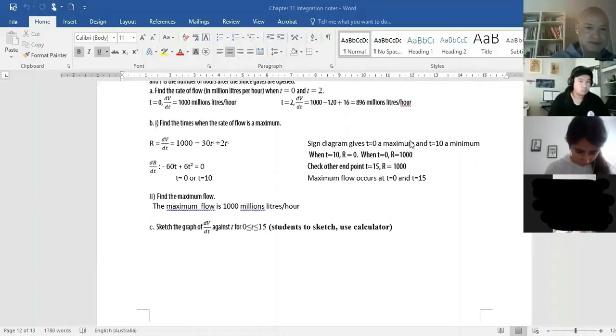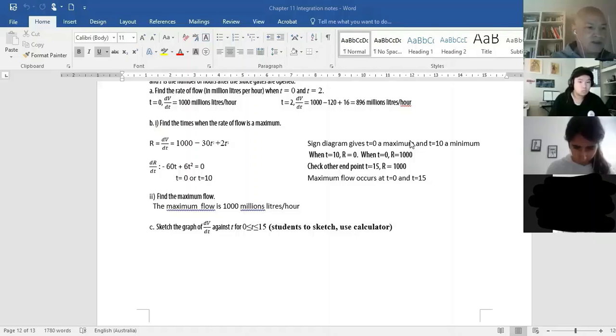There it is. Okay, graph. We've got 1,000 minus 30 times... I'm not going to put t, I'm going to put x because the calculator is in x, so x squared plus 2 times x cubed. Okay, I'm going to fix my window. I know it's 1,000, so